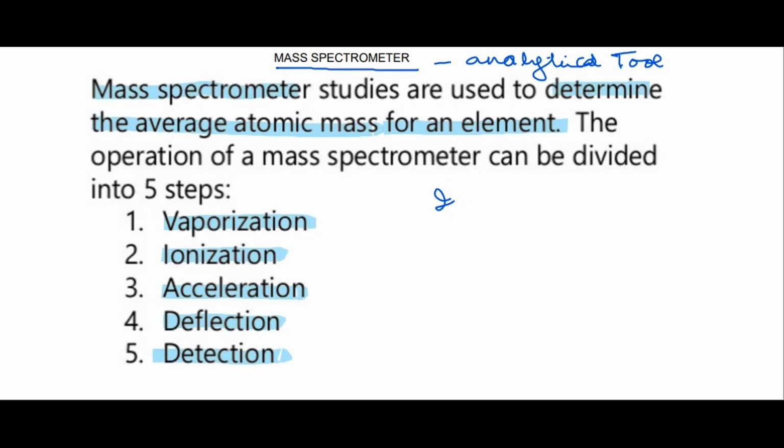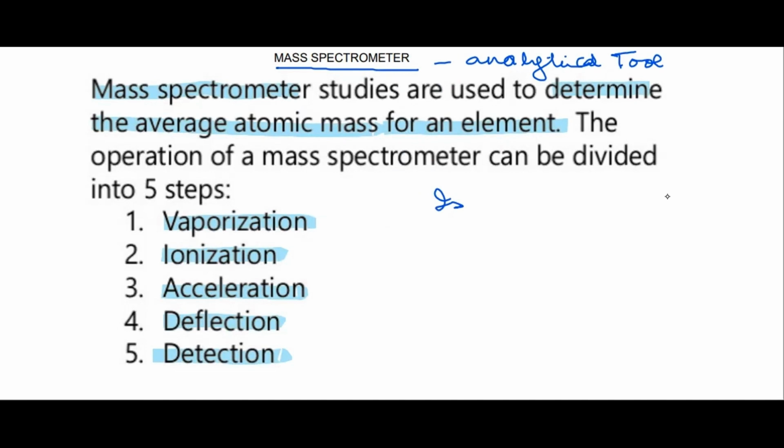So we are able to identify the different types of isotopes and their percentage abundance. So when we have the percentage abundance, and you calculate the overall average of the isotopes, you get to know the atomic mass of that particular element, okay? So I'll just show you the layout of that apparatus, the mass spectrometer, and how